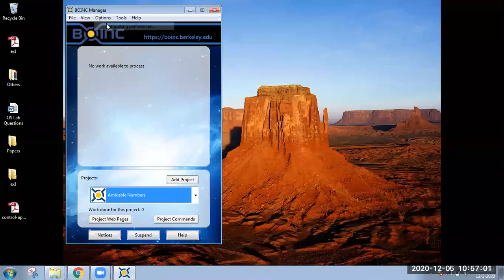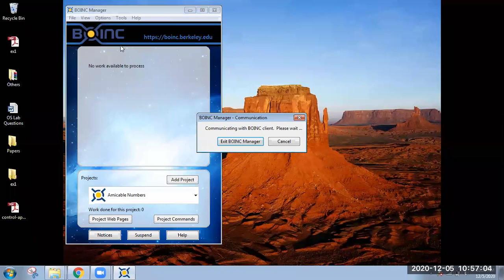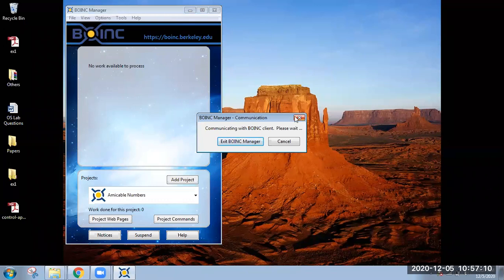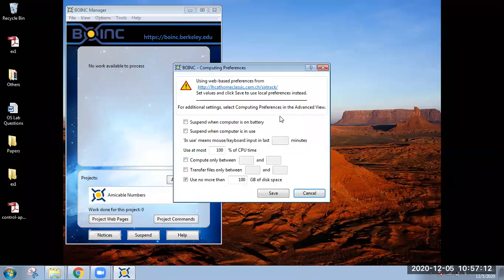Okay, these are the computing preferences. These options you can also select from here by clicking the options, right? You can select at what time they can use your resources, right?